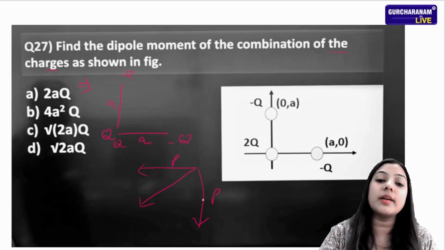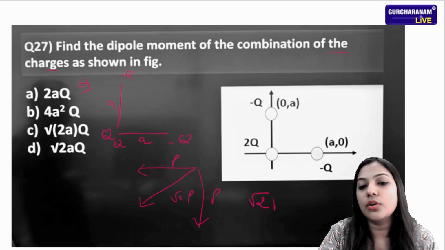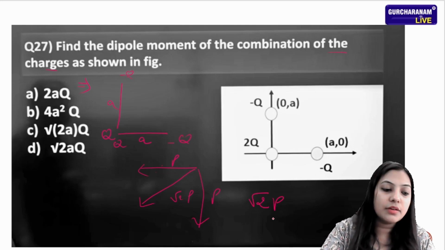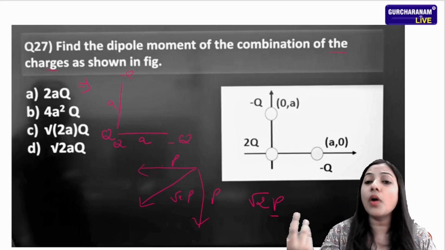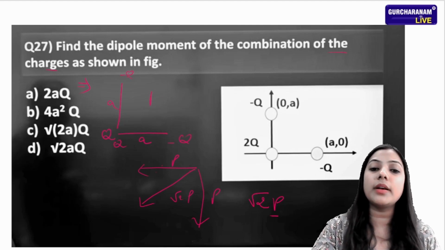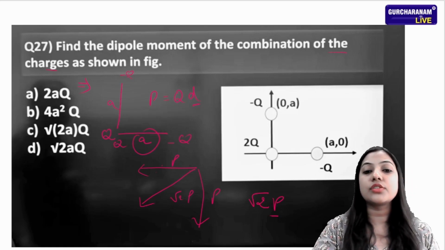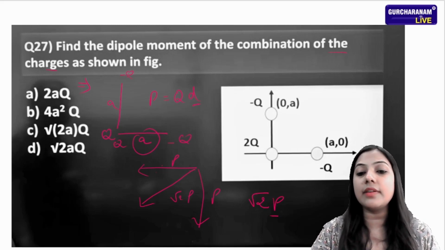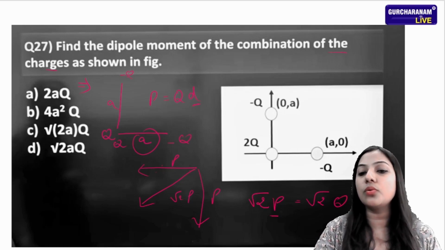So the net dipole moment is root 2p. Okay, because of these two charges, the net dipole moment is root 2p. First of all, what is p? P is a dipole moment, and what is the formula of dipole moment? P is equal to q into d, and here d is distance, and distance is given a. So in the place of d, first of all, we have to write root 2 upon q d,